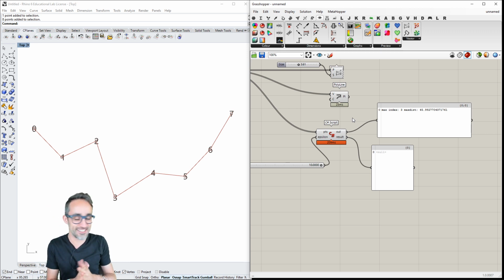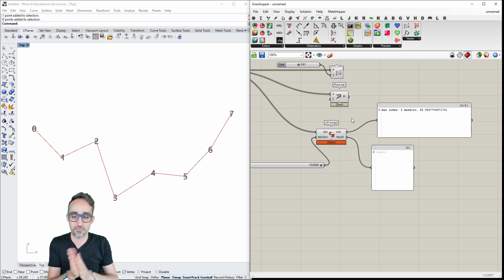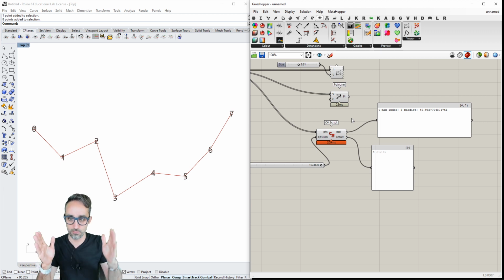Okay, so what is the next thing that I'm going to do? The next thing I'm going to do is there can be two scenarios: this distance is smaller than epsilon or it is not.